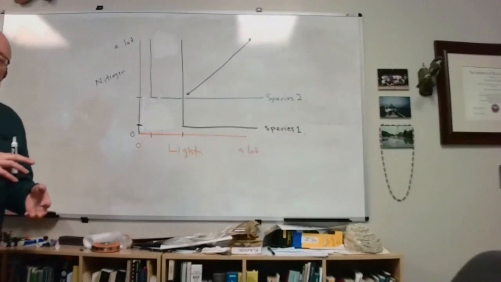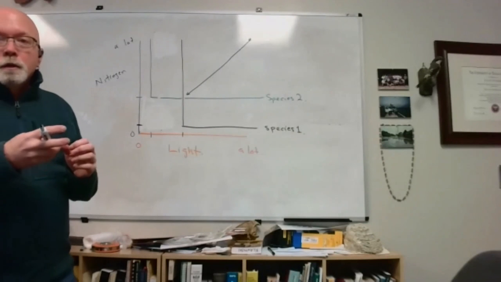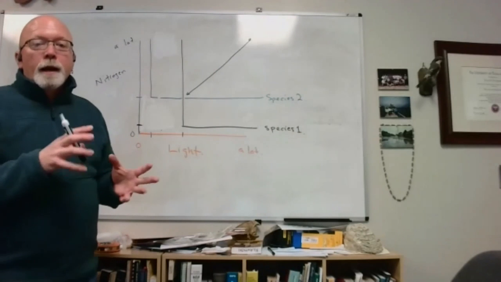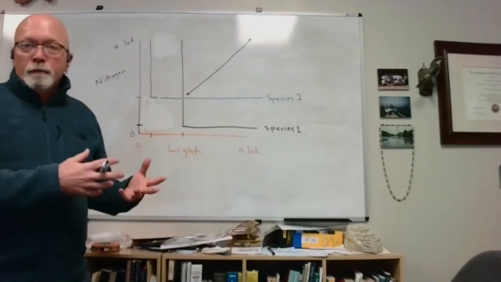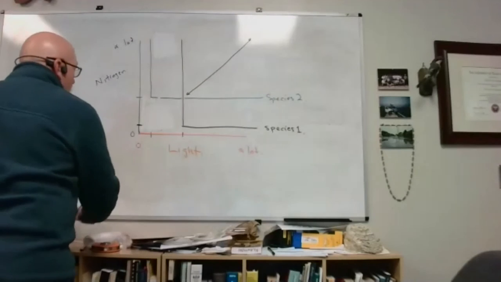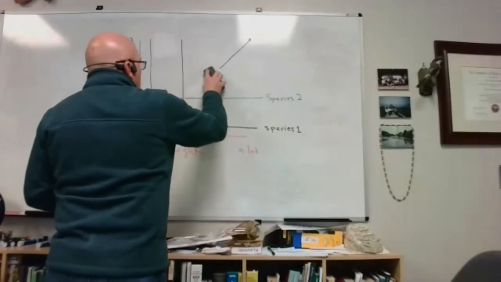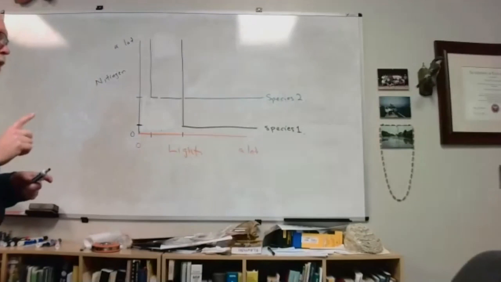Okay, so once again, in the same way that I don't want you to lose track of resources in the Lotka-Volterra way of thinking about competition, I don't want you to lose track of population size in the Tilman way of thinking about resource competition. So they're going to be using these resources up. But in terms of the two species,